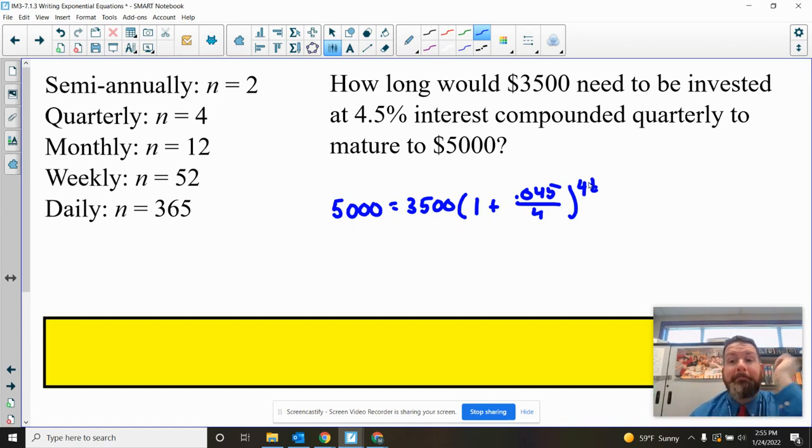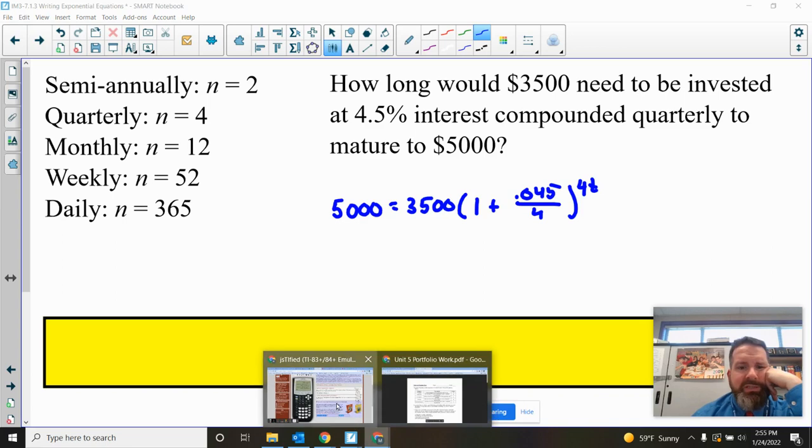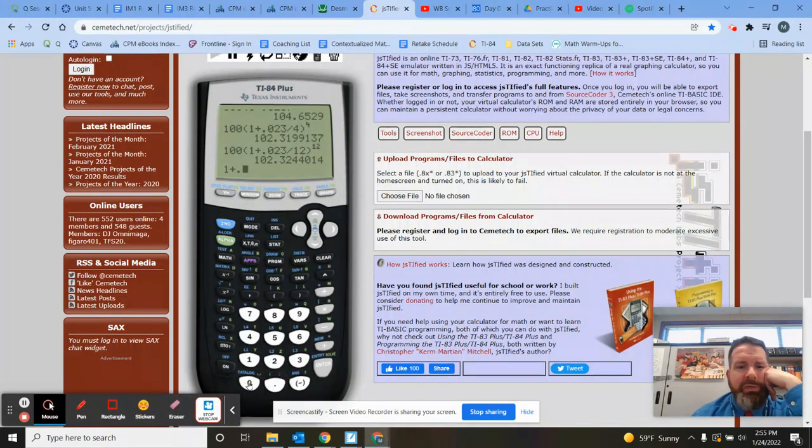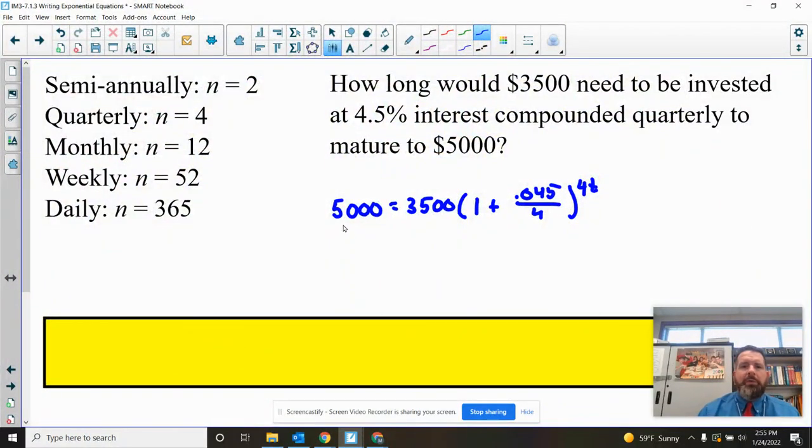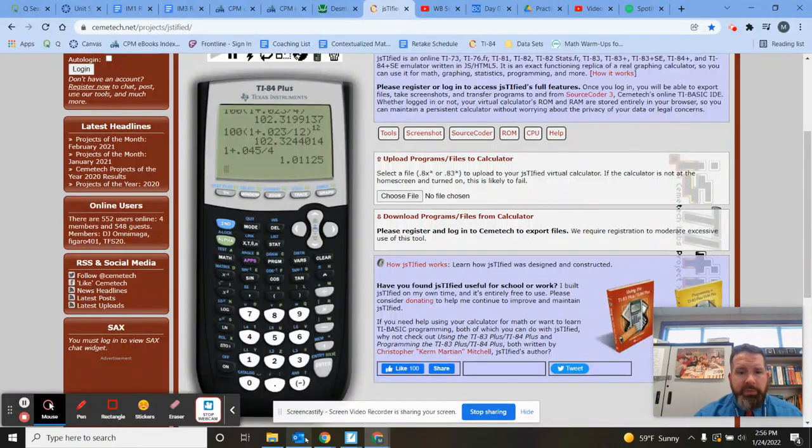Now notice, we don't know what the t is. It's up there in the exponent. We're going to need to do some solving. So here's my advice. If this comes out relatively nicely, let's turn this into a single number. So how much is 1 plus 0.045 divided by 4? Okay, 1.01125. So I'm going to do a little rewrite here. Equals 3,500 times 1.01125